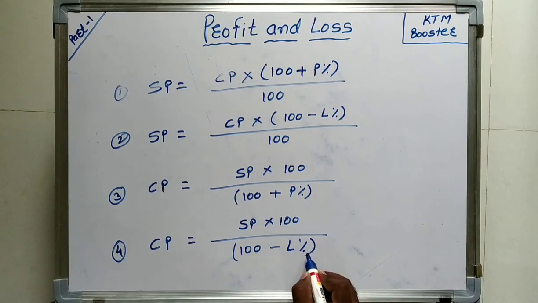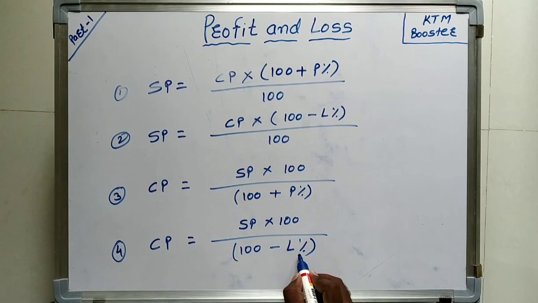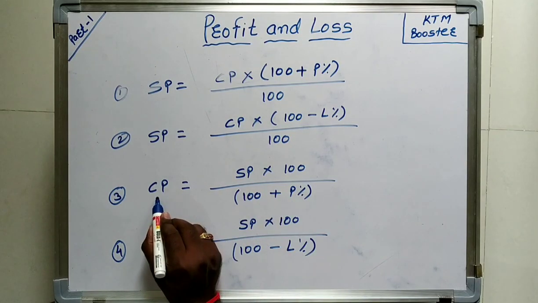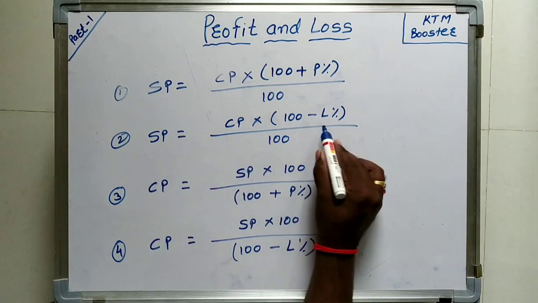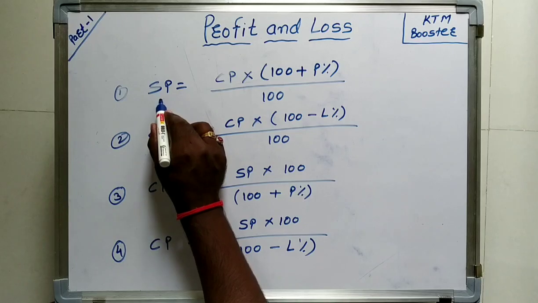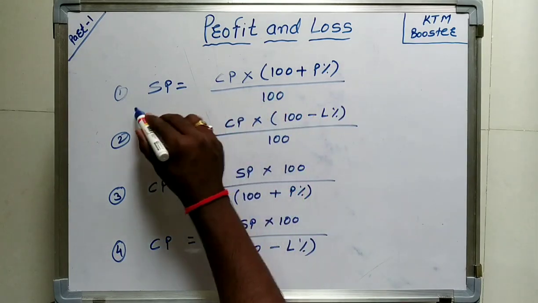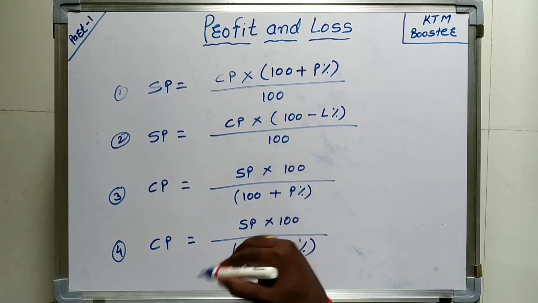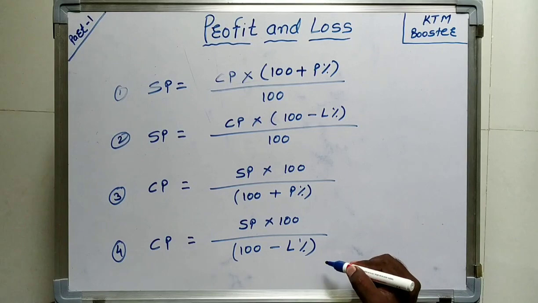Right, now this will be the formula to calculate cost price when loss percent is given, to calculate cost price when profit percent is given, to calculate selling price if loss percent is given, and to calculate selling price again when profit percent is given. Now if any one quantity is unknown, we can calculate it by using these 4 formulas. Okay,